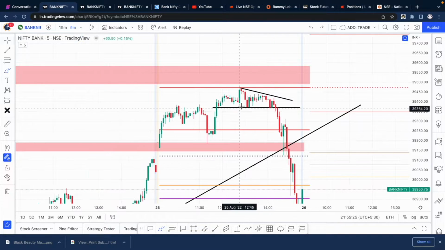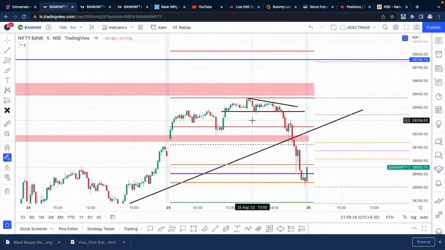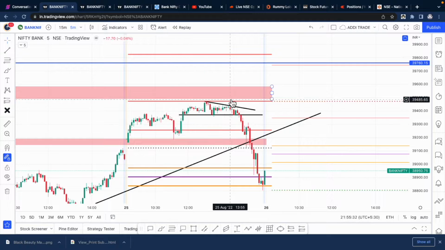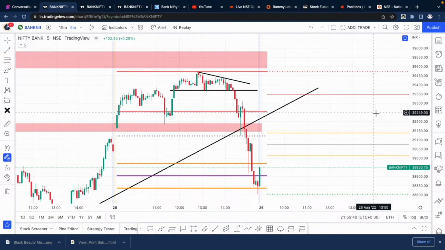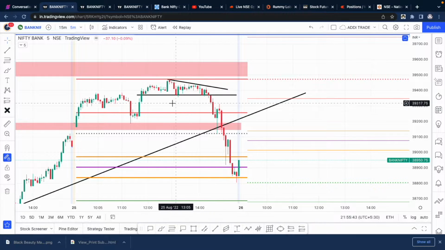We knew one big move would come either on the upside or downside because of the monthly expiry, and so we wanted to catch that. So we were trying to scalp throughout, but finally because of this down move, we ended in profit. Otherwise we would have been in not such a great profit, I guess.